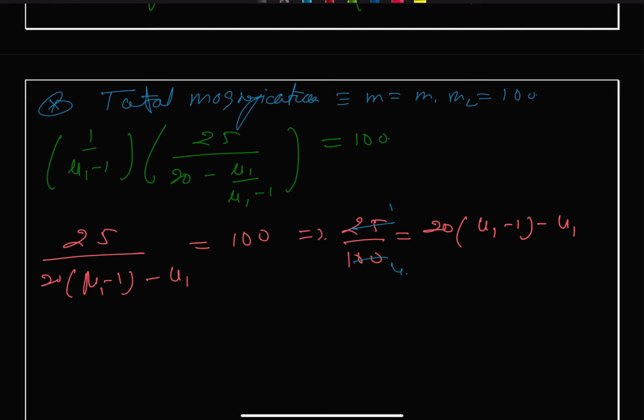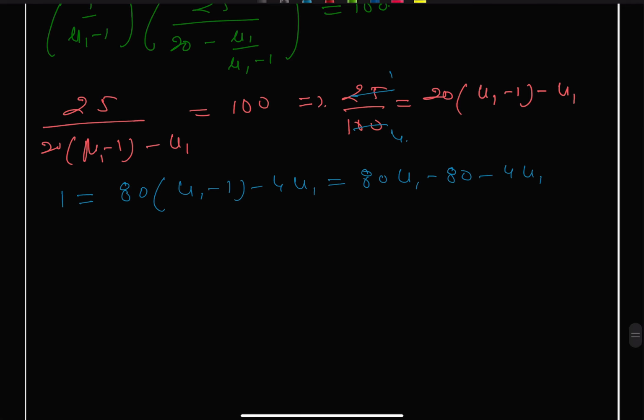Therefore, we can write that 1 is equal to 80 u1 minus 1 and minus of 4 times u1. So we just open the bracket, we get this as 80 u1 minus 80, and this is minus of 4 times u1. Now we can further write it. We have here 1 and here we have minus of 81, so this comes as 81 is equal to 80 minus 4, that will be 76 times u1. So we get our u1 is equal to 81 upon 76,